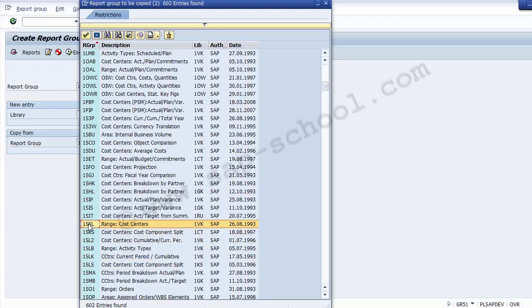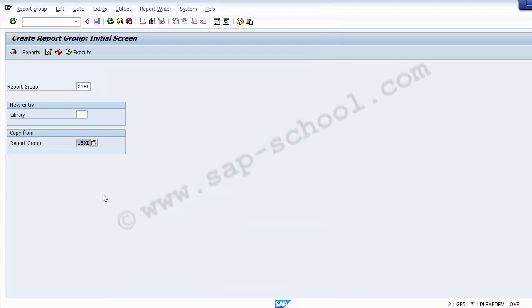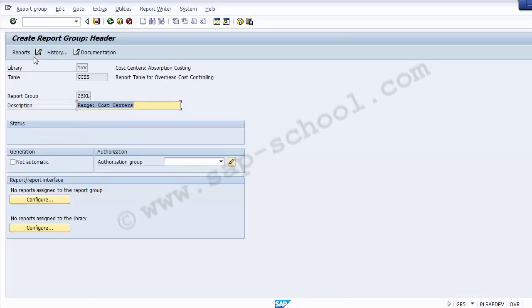So this is the one SKL that we have selected on the screen. Once we have selected it, we can press Enter, and it takes you to the next screen. You can see that the library 1 VK table is CCSS, and the report group has been taken up as ZSKL. Even if you want, you can change the description as testing report